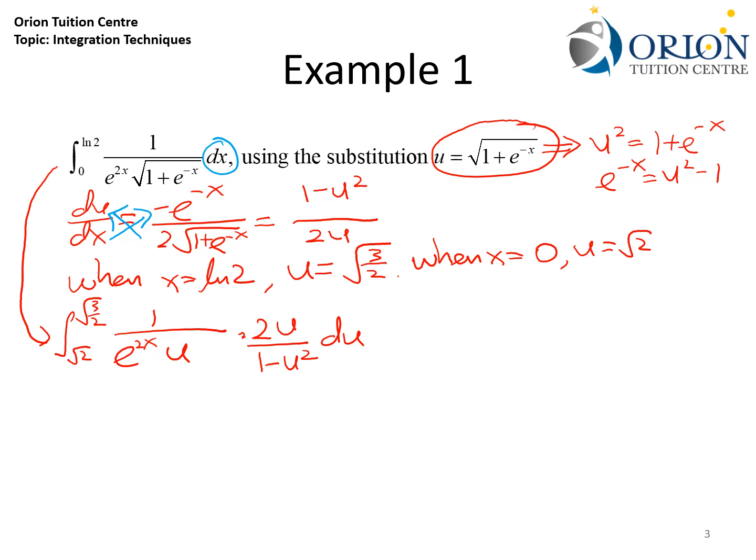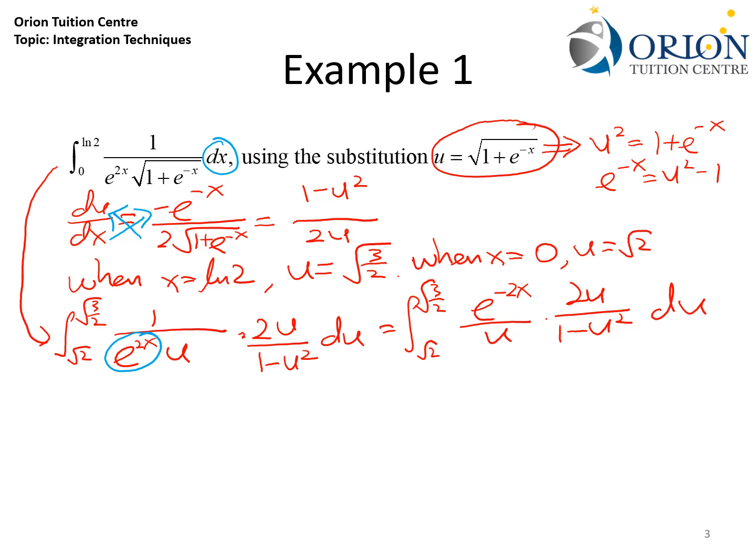So note that there is still this e to the power of 2x term over here which I need to transform, and what I can do now is to rewrite this term as integration from square root 2 to square root 3 over 2 of e to the power of negative 2x over u times 2u over 1 minus u squared du. The u's will cancel out for me here, and this e to the power of negative 2x, I can rewrite it as u squared minus 1 squared, and therefore this becomes